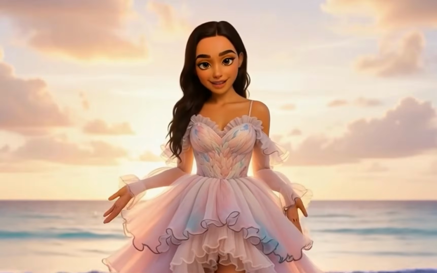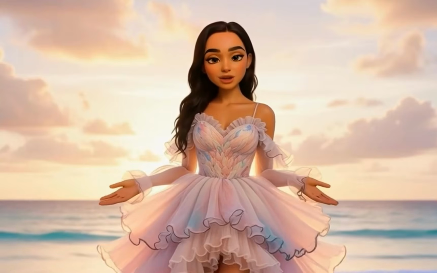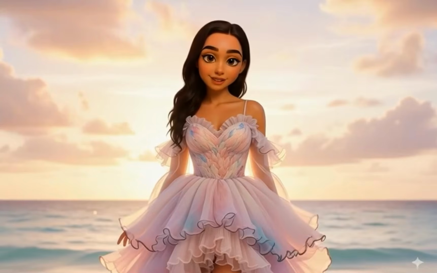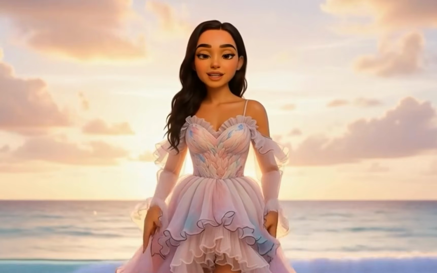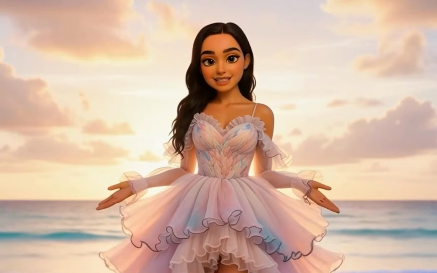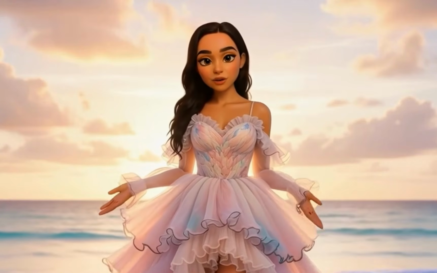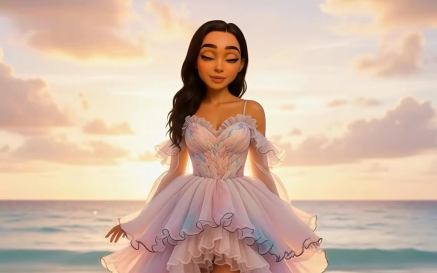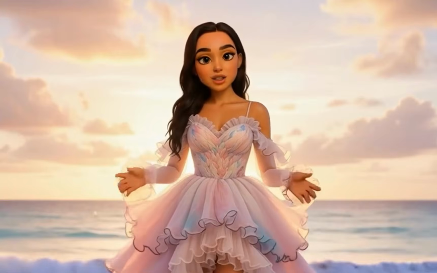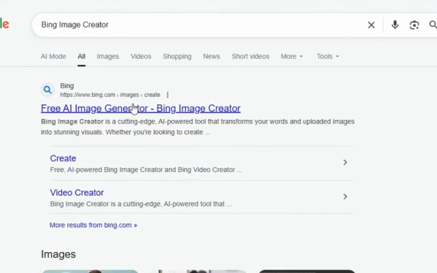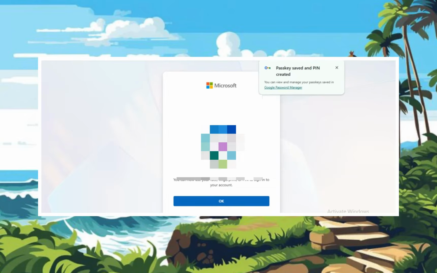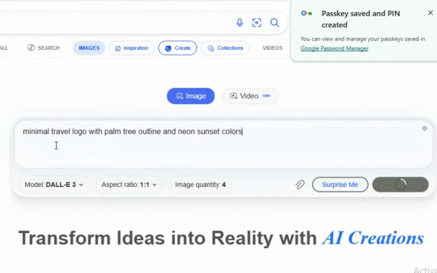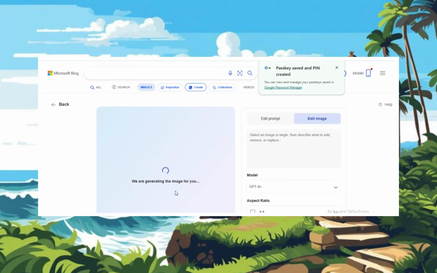All right, the third one, the tool I use when I'm rushing between cafes, Bing Image Creator, powered by Microsoft Designer. Here's the story. Last week, I was sitting in a bamboo cafe in Seminyak, and I needed a quick logo for a travel reel series called Wander with Kimberly. I didn't want to open Canva or pay for anything, so I just went to bing.com/create, logged in with my Microsoft account, typed minimal travel logo with palm tree outline and neon sunset colors,